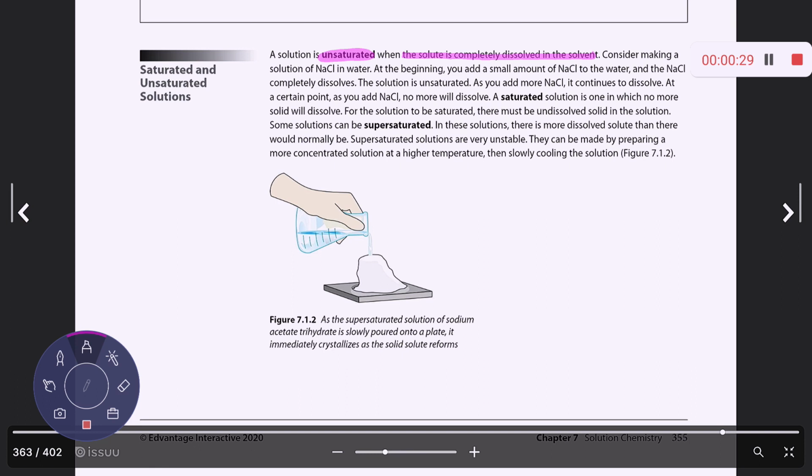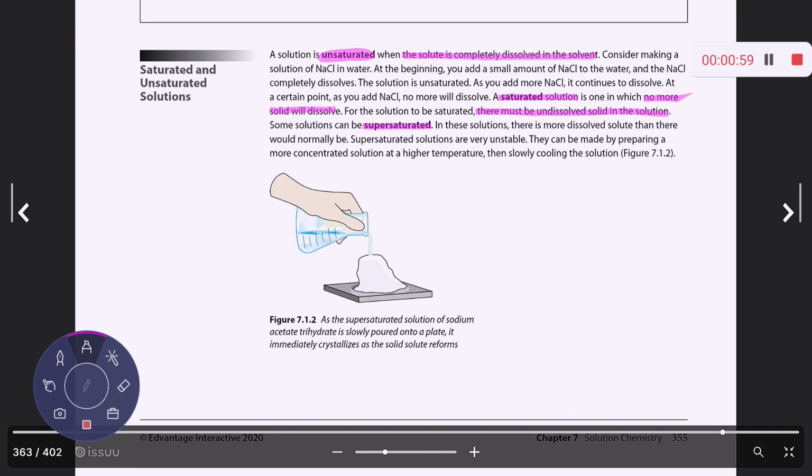If you keep adding salt and you get to a point where you've dissolved a ton of salt and a little bit is undissolved and you can visibly see it with the naked eye, that would be a saturated solution. So this means no more solid will dissolve, and there must be undissolved solid present in the solution that you can visibly see, okay? Then a supersaturated solution means you heated it up to a really high temperature,